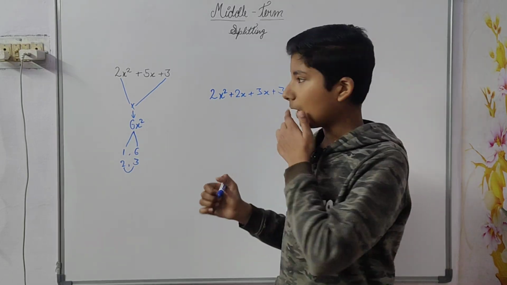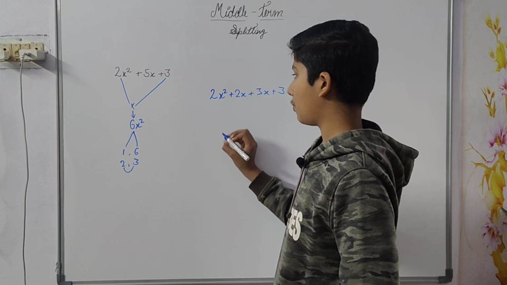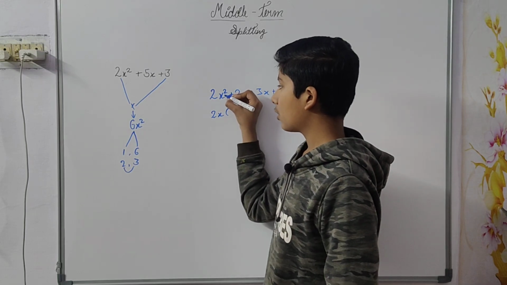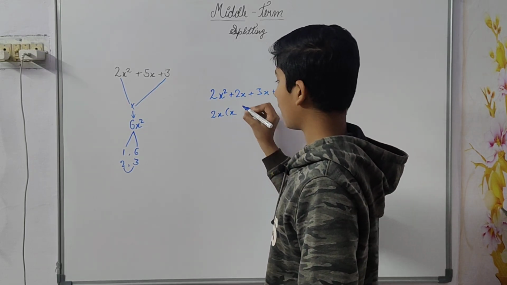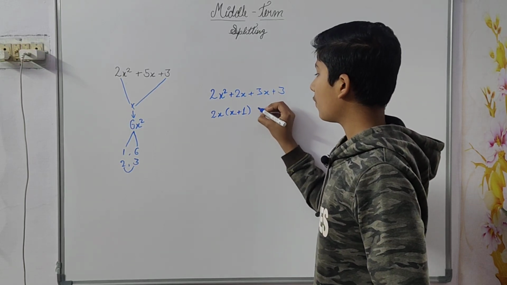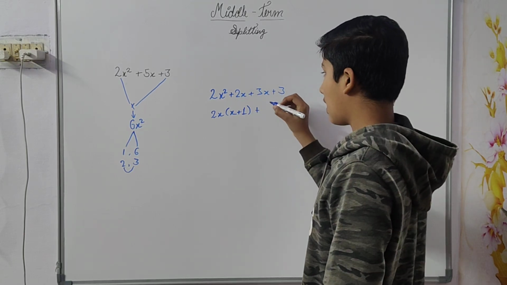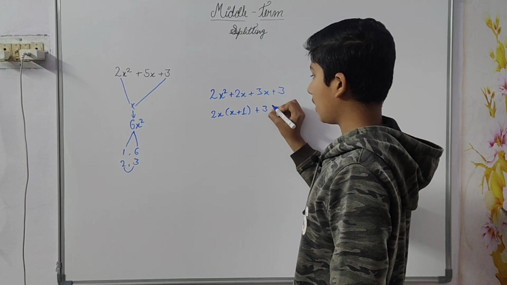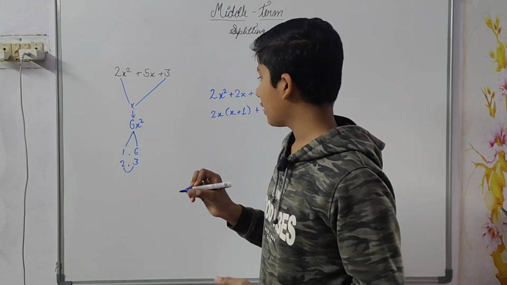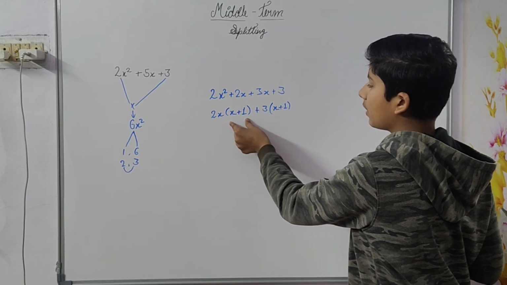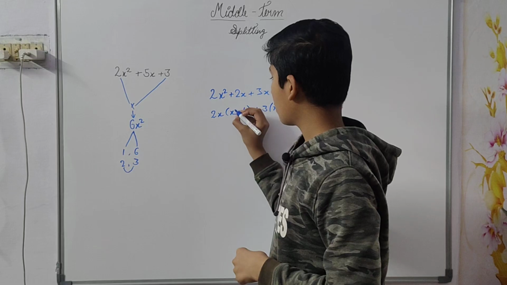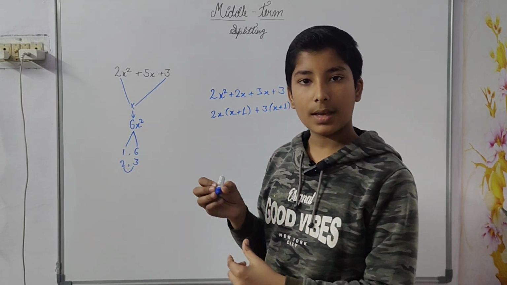Now you have to take something common. If you see over here, what is common? 2x is common. If 2x has come common, x will be left here, and here nothing will be left, so we can write it as 1. Okay. Now on this other side, here is a plus symbol. Again you will write 3 is common here, and here again x plus 1. So if you want to check if your answer is correct, just see if these two brackets are coming the same with the same symbols and the same numbers, so you can say that your answer is correct, otherwise not correct.